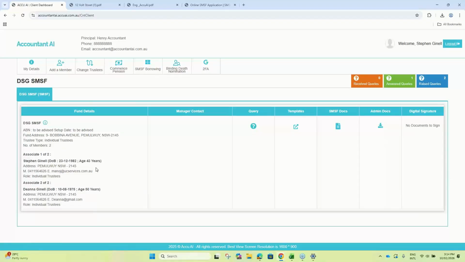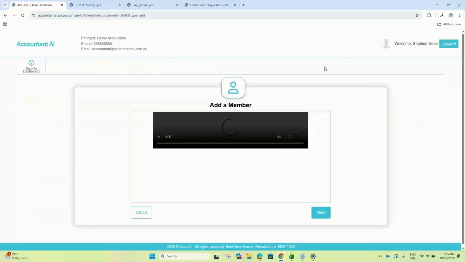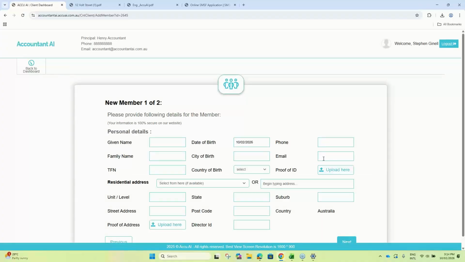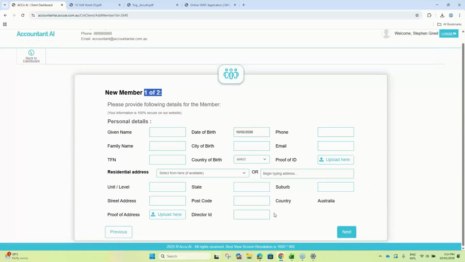Now, the beauty about having a pro client is that not only they can upload the documents for you, but tomorrow, let's say they want to add a member. So they can just log in here into their system on your website, and a similar kind of form will start. You can add the video if you want, what is a member, how many members will join. Because in this fund, we already have 2 members, so maximum 6 are allowed. So it's allowing for 4 more members. So you can say, okay, I want to add 2 more members. So he'll start collecting information. And the best part is that